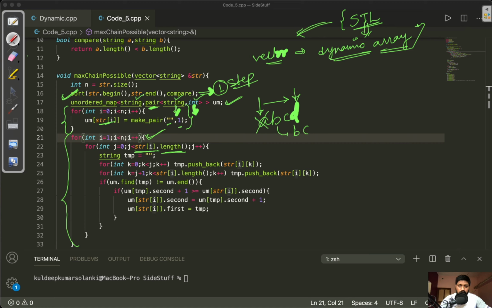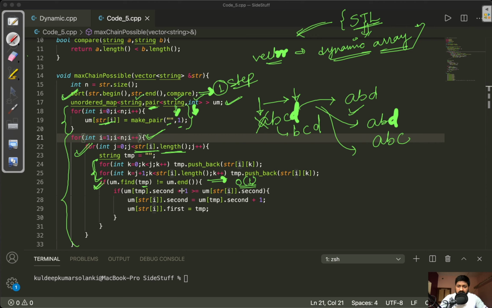Like in this it will remove first A, then it will remove B, then it will remove C, and after that it will remove D. So that's the only thing which we have done using these two loops for the particular string. And we will check whether the string generated after deleting a particular character is present in the map or not. So basically this is the condition check for the presence of the particular key in the map. So this will take us constant time,